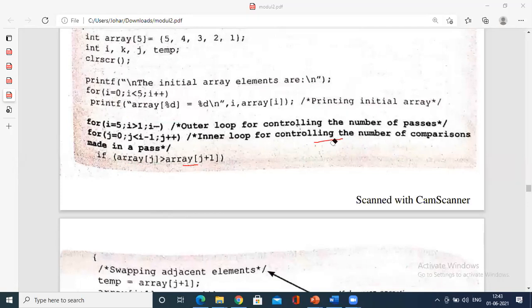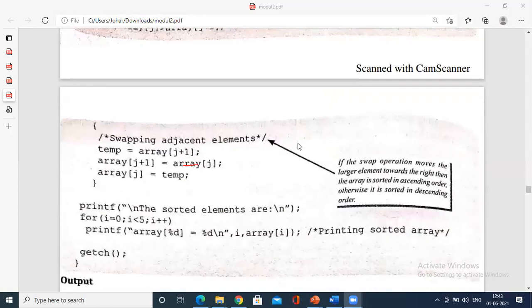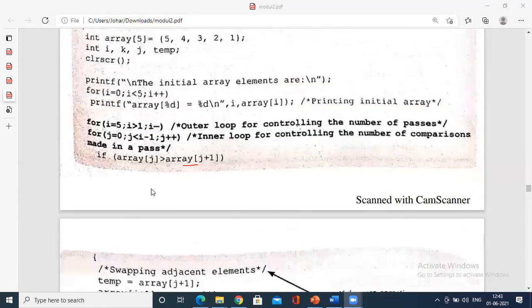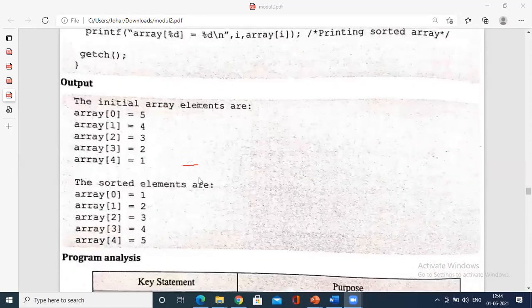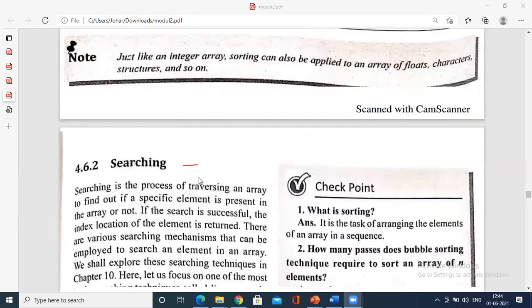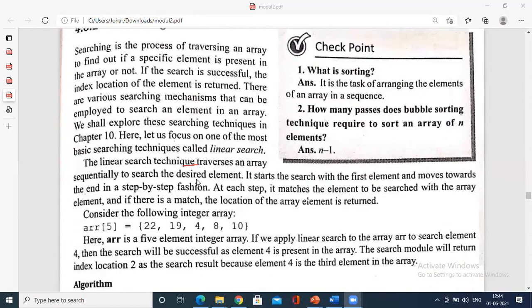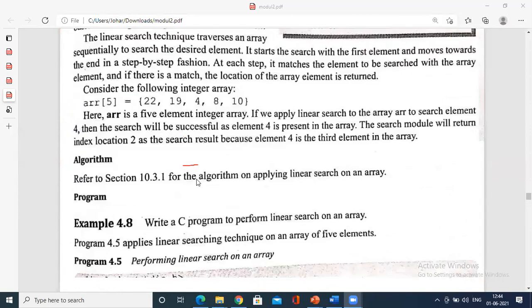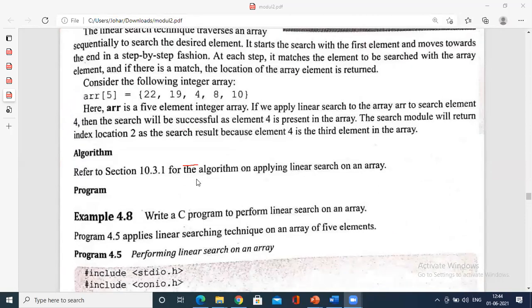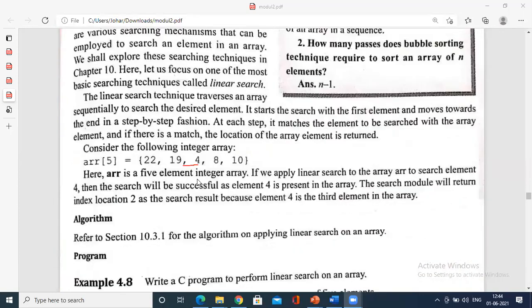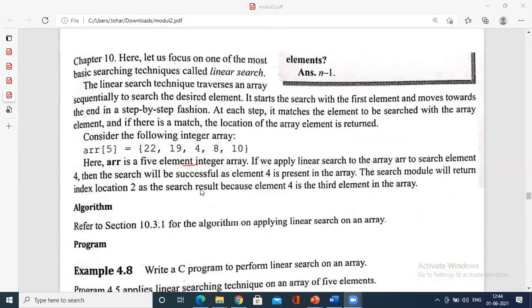program, because we are going to see this sorting technique that is called bubble sort. I'll explain this in one of the programming classes that I will take. As of now, today my concept is to cover the theoretical concepts. A searching technique is to look for a particular element. There are different types of searching techniques, linear search, right? You have studied bubble sort, you have studied linear search, and also binary search.